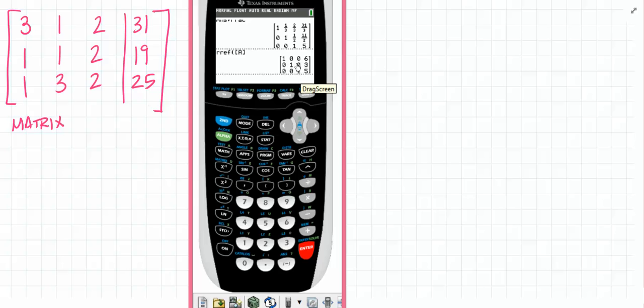Okay? Now for us, we need to be responsible to do how to get to row echelon form by hand and back substitute. You will also have to solve matrices using reduced row echelon form, but you can use the calculator. So I want you to have both sets of skills. You have to do both, okay? So tomorrow we're going to practice how to get things into row echelon form. I don't need to record all that, but